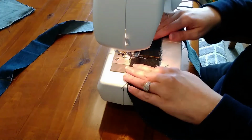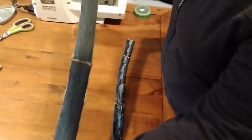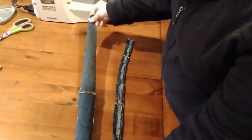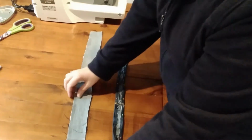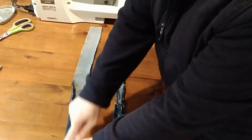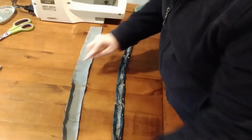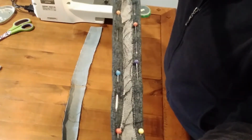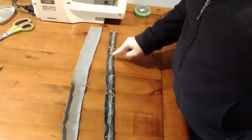After sewing a straight stitch, I follow it with a zigzag stitch to make it extra strong. So now that we've lengthened our straps by attaching the two pieces, we are going to turn it wrong side up and just fold in each side just about half a centimeter. We will then stitch it into a little seam like this. We fold both sides inwards, and I will top stitch all along each side,